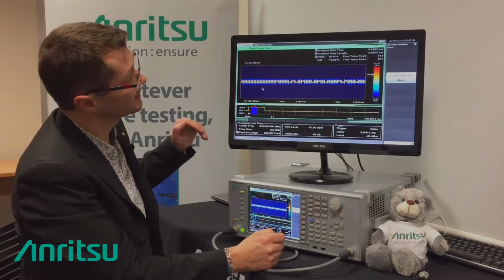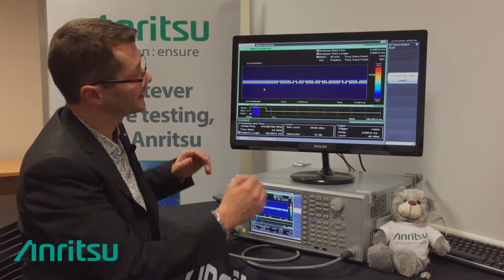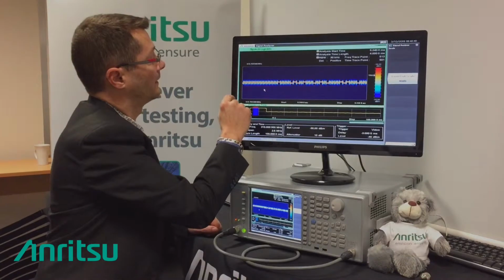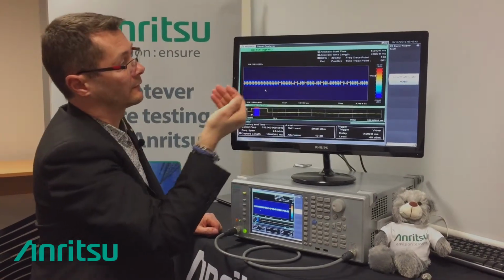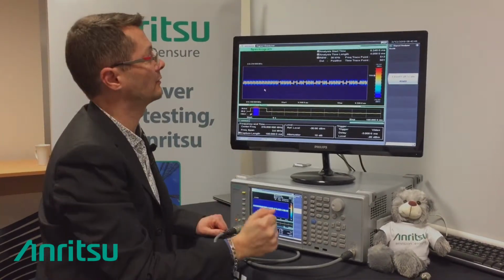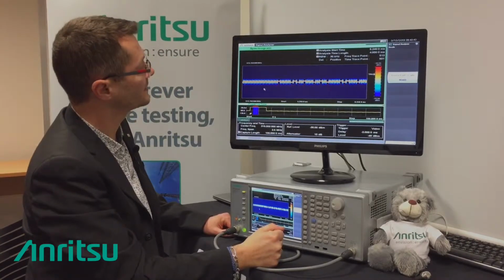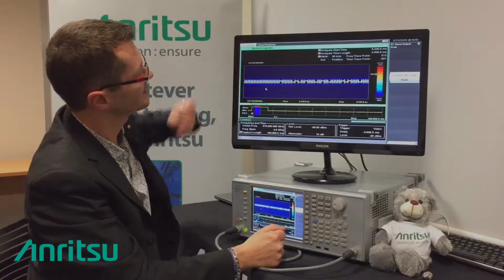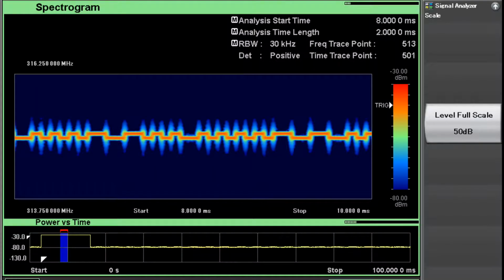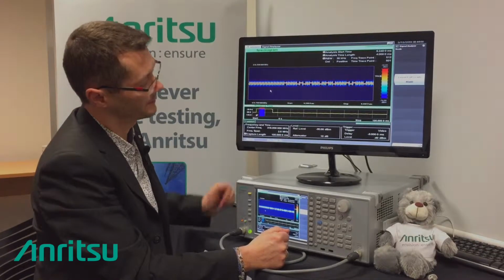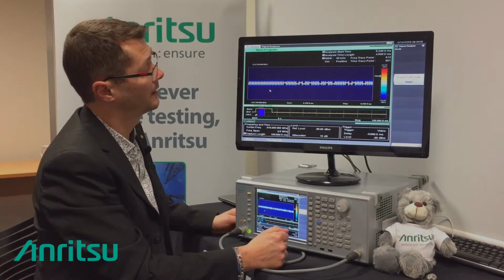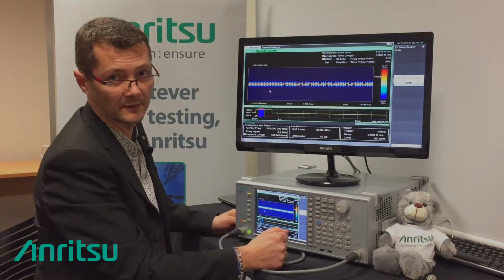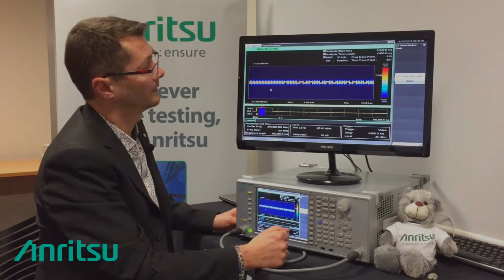So by now what we are displaying is the same information. We are displaying the time, the frequency, and a kind of three-dimension amplitude, color-coded amplitude inside the burst. What we can see here, the small bits, are the different transients that are being generated every time the FSK is moving from one frequency to another one. So this is the kind of information we can display thanks to the spectrogram display that is not possible on